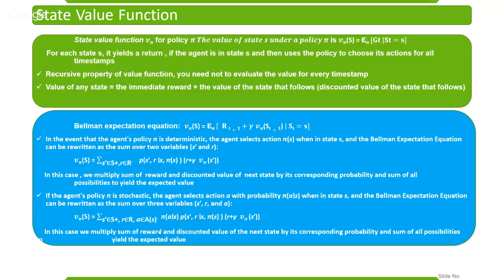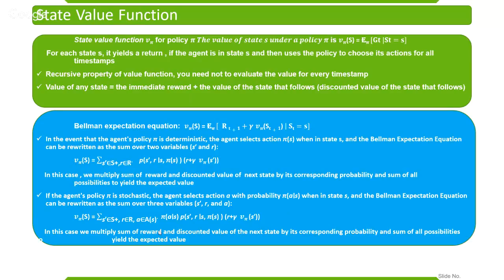It is equal to the summing up of all the expected returns at timestamp t for all the states that belong to S. So basically, for each state S, it yields some return, and if the agent is in a state S, then as per the policy, it chooses the action for all the next timestamps. So if I